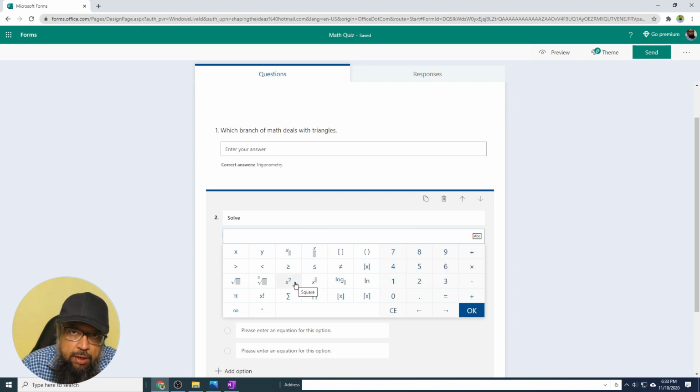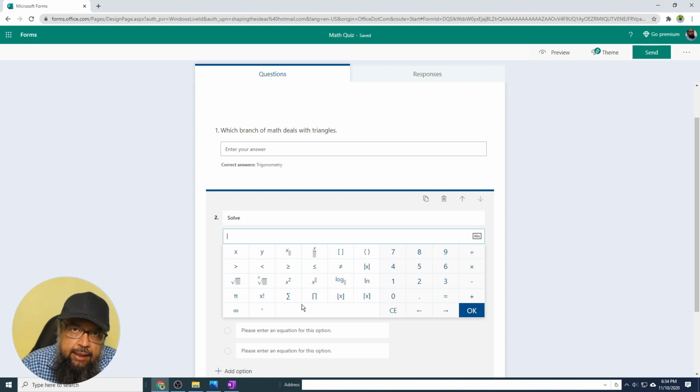And if you remember my Google Forms video, there is no way of inserting equations directly into Google Forms. You have to go on CodeCogs, which is a LaTeX based, browser based platform where you create an equation, you download the PNG or any other image format and you upload into your Google Form. But here it provides us a nice interface for writing at least some form of mathematical expressions.